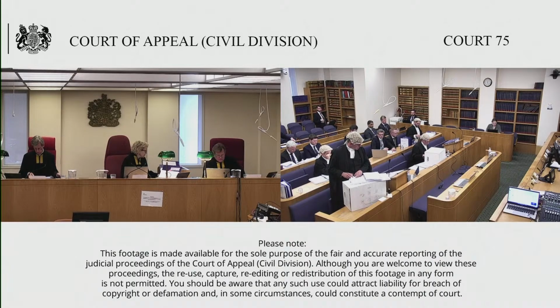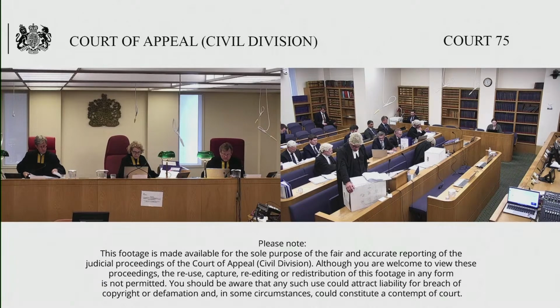And we can pick it up at paragraph 37, which is page 263 of the bundle. And as my Lord Justice Birss pointed out, that D2, which had diametric magnets, is...